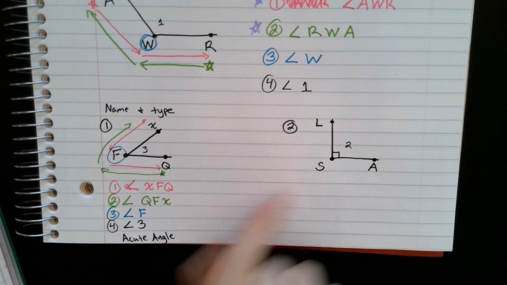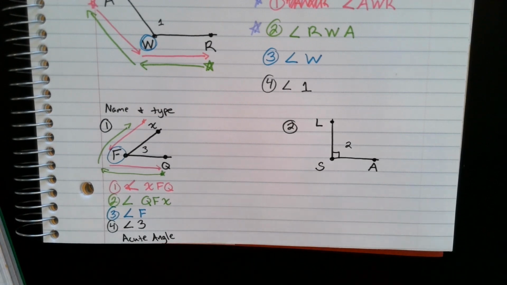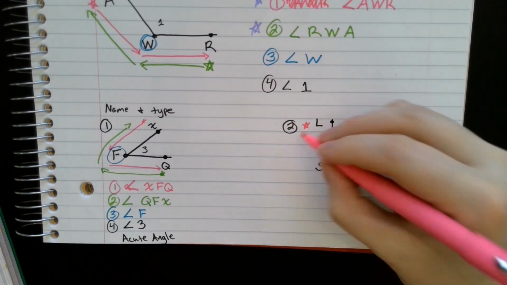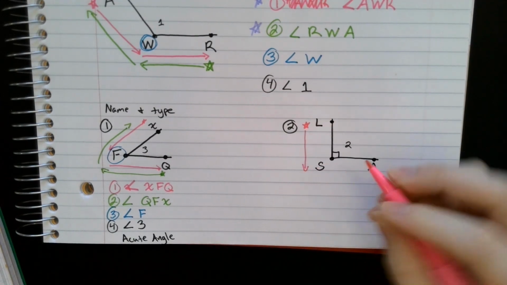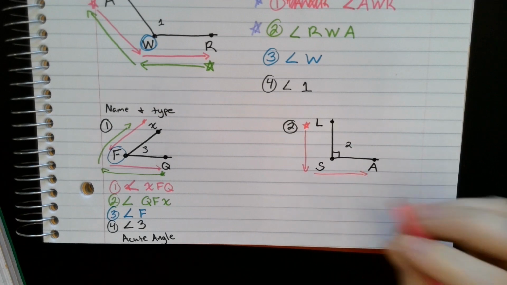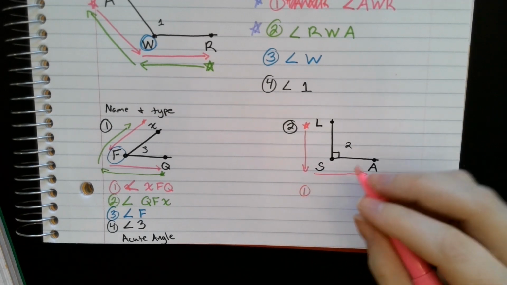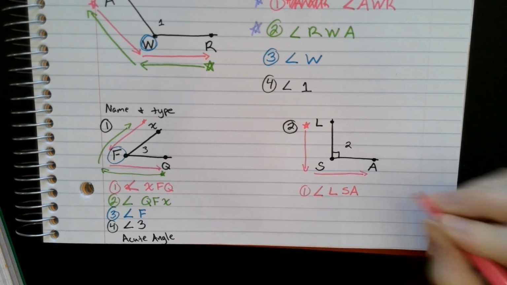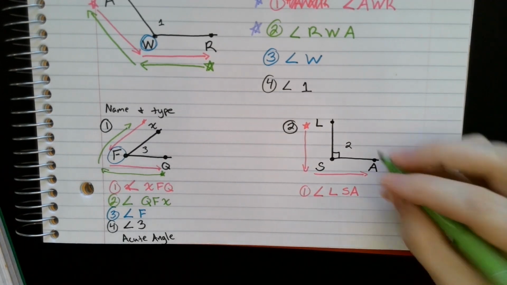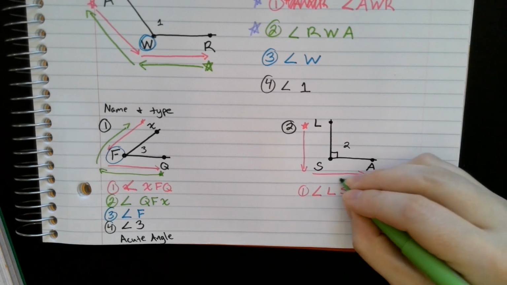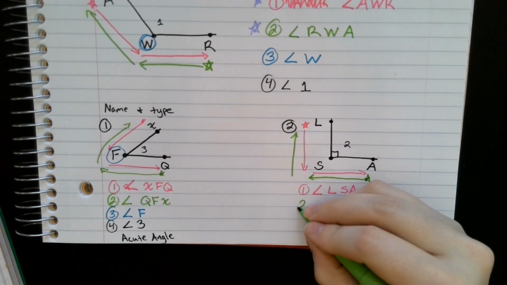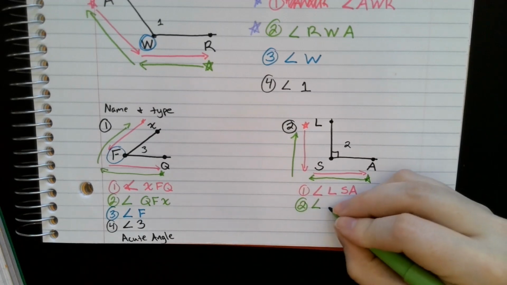Okay, if we're looking at problem number 2, we'd start at L, go to S, and then end at A. So one way that we'd be able to name this angle would be angle LSA. We could also start at A, travel to S, and then go up to L. So that would be another way to be able to name it. So angle